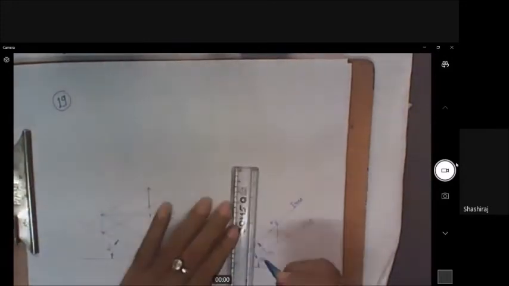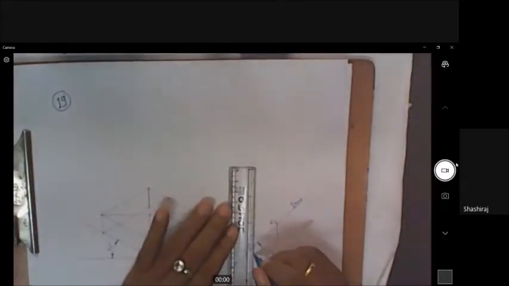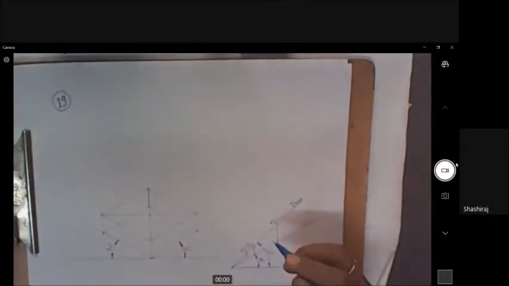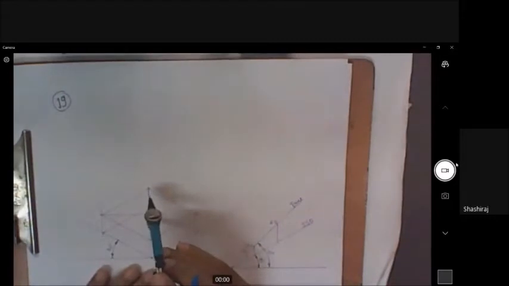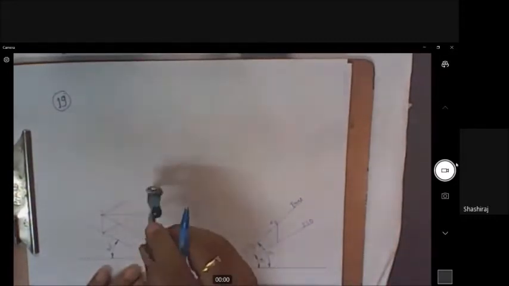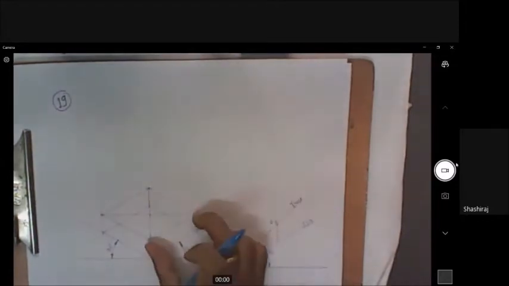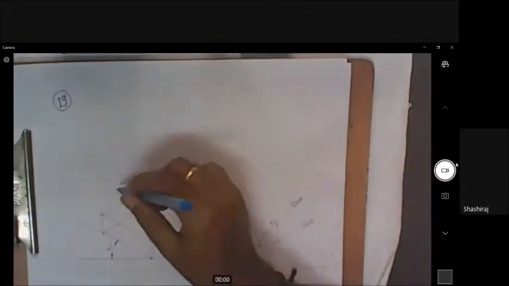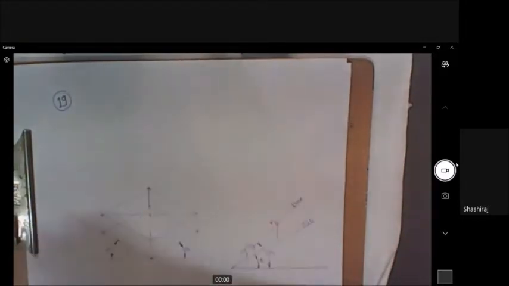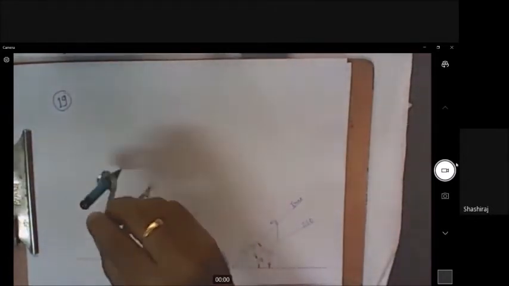ISO radius means ISO 30 I should take. I'll draw ISO 30 length here. This is ISO 30. This is ISO 30. I should draw it on vertical line like this. So it will be exactly this corner. Corner you get. So this is 60. This is where the center of the sphere lies. This is the center with true radius circle. You have to draw the circle. Take actual 30 mm radius as center. Draw the circle.